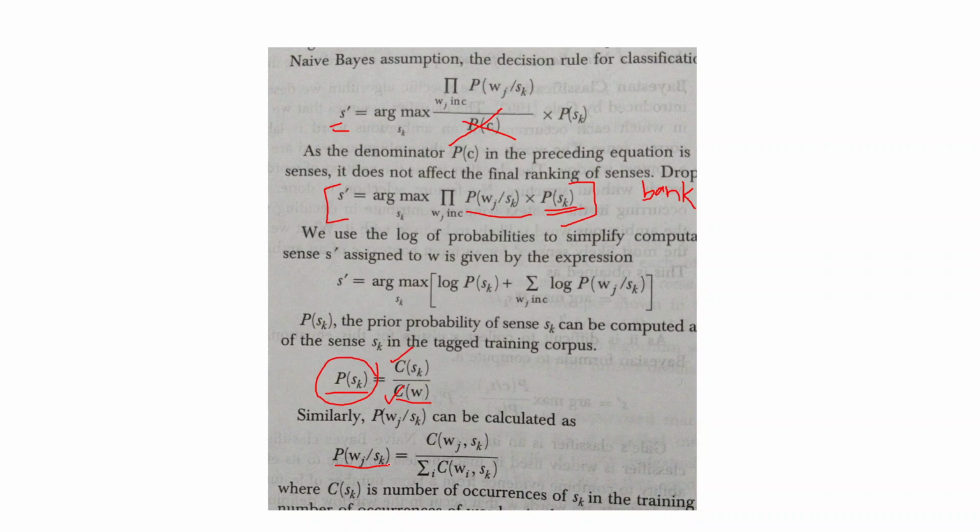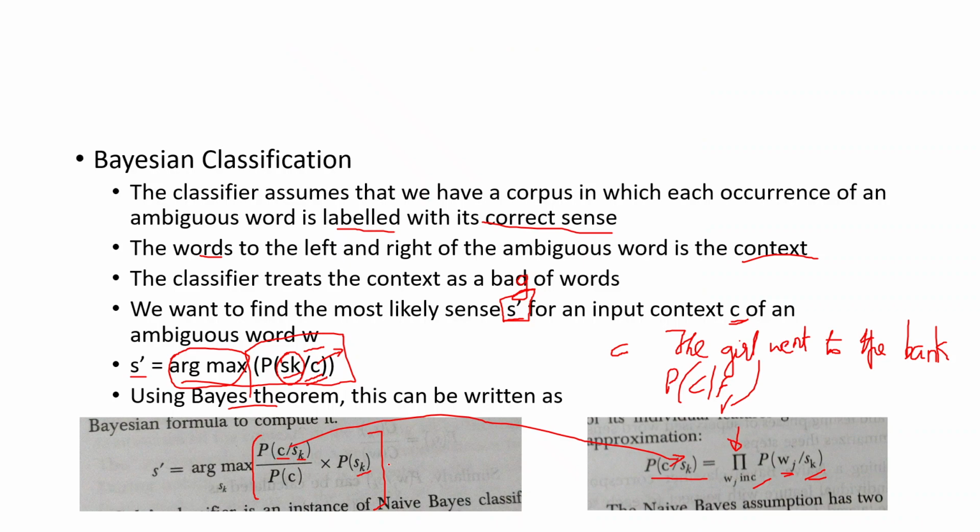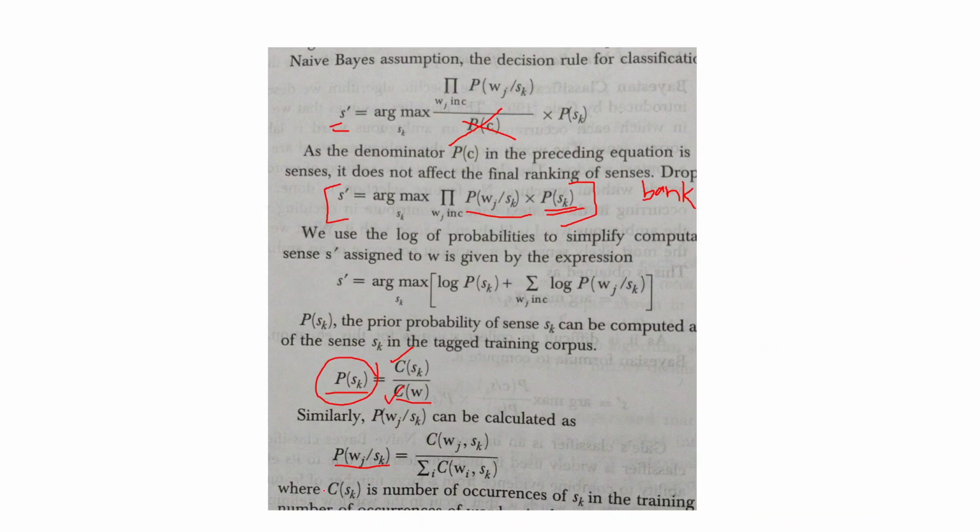Similarly, we have to calculate probability of Wj given Sk. Wj is one of the words. Say girl. Girl is one of the words in this particular sentence, right? The girl went to the bank. So what is the probability of the word girl occurring with the sense of bank? In the millions or lakhs of sentences which we have, what is the probability of occurrence of girl within this bank? So you count the number of times that girl occurs along with bank, divided by the total count of the number of times this